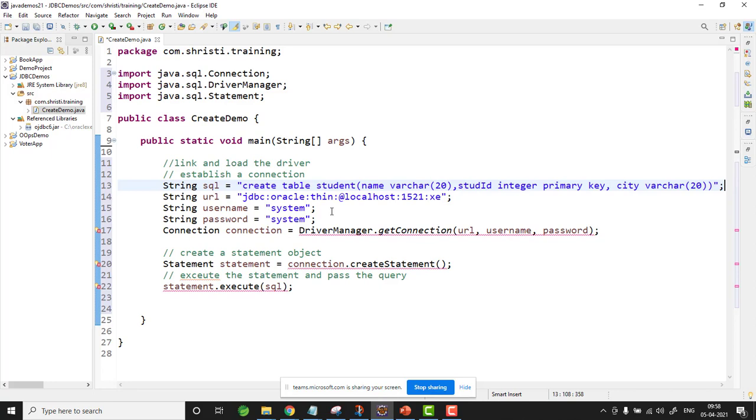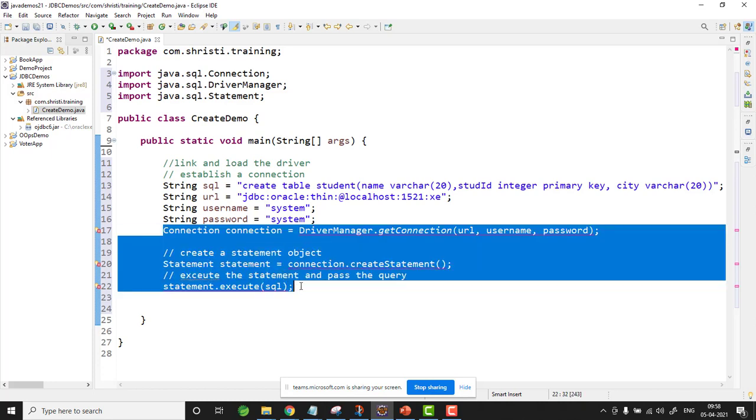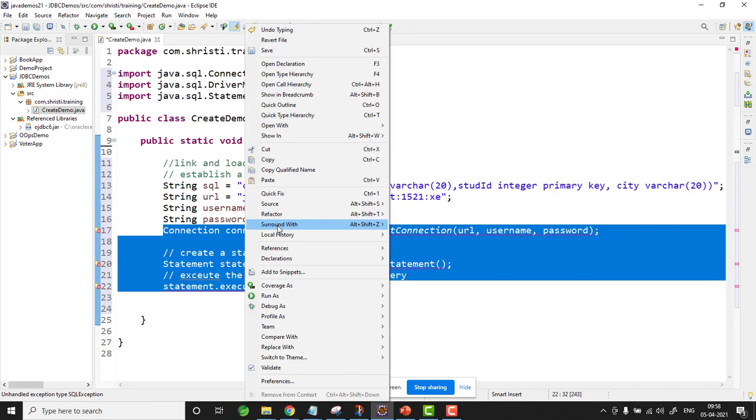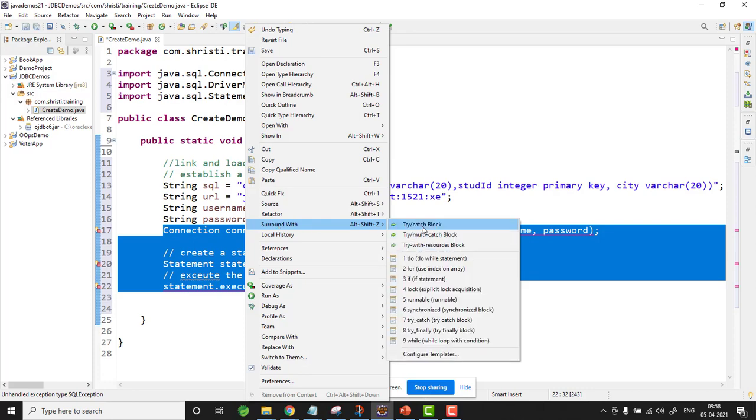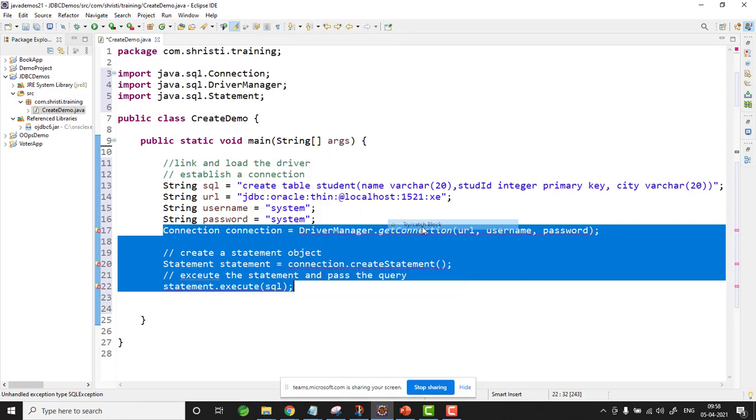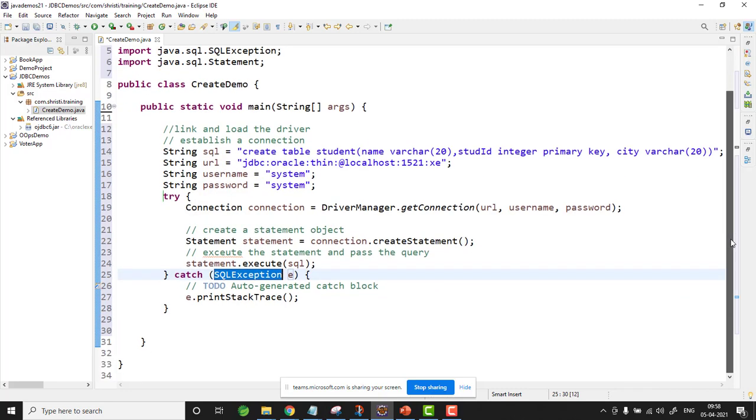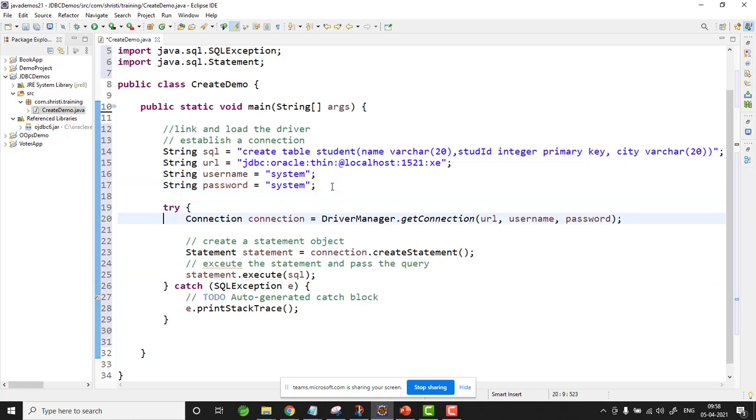Okay. Now all these lines are giving me an error because I need to put everything within try and catch. So let me keep the statement. I will just select all this, right click, surround with try catch. Can you see? Try catch block. Guys, you all know that once we are using a try catch, we always need to use a finally to close the resources. Or if you don't want that, you can also use try with resources. In this case, I want to use only try, catch and finally. So first I need to put all these guys outside.